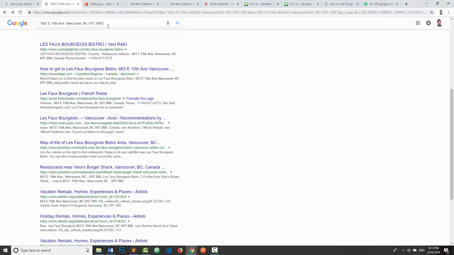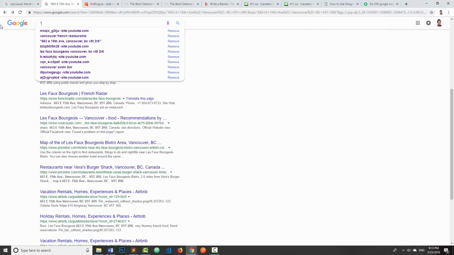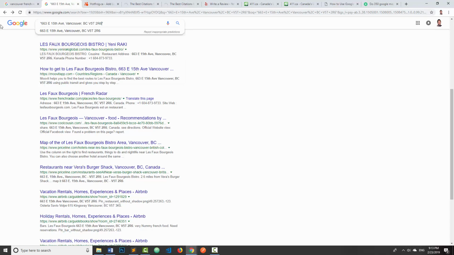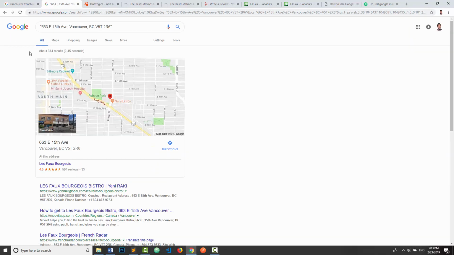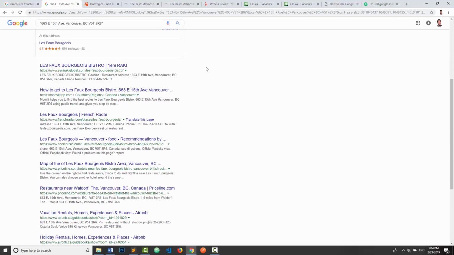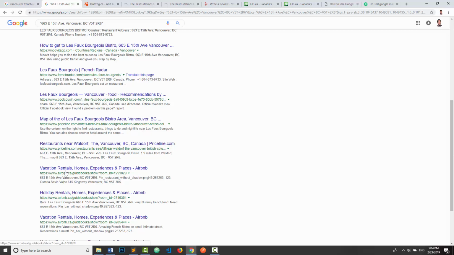You can use one of these four, and you put the address in double quotes, for example, and I get 314 results. What this helps you do is, if you go down the list, it shows you that there are a lot of Airbnb listings or Priceline.com, and these are basically showing you that these other websites are prime citation sources for